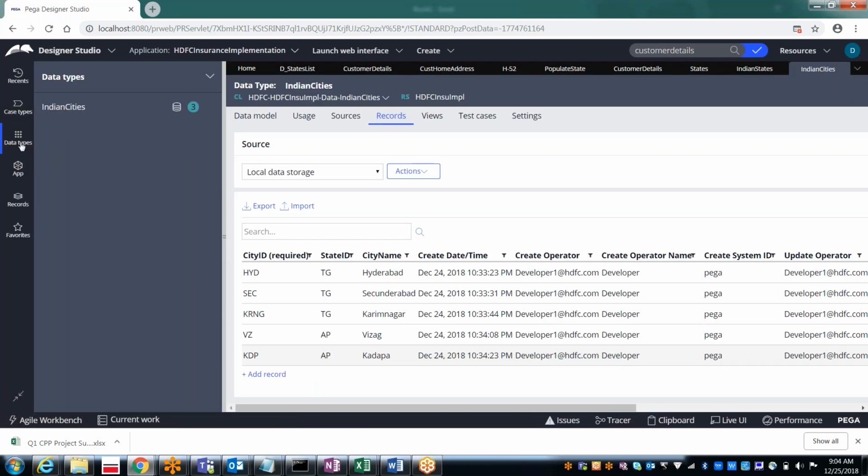Under the data types, it is showing only one data type. Why is it showing only one? If you refresh it, you can see all of them.